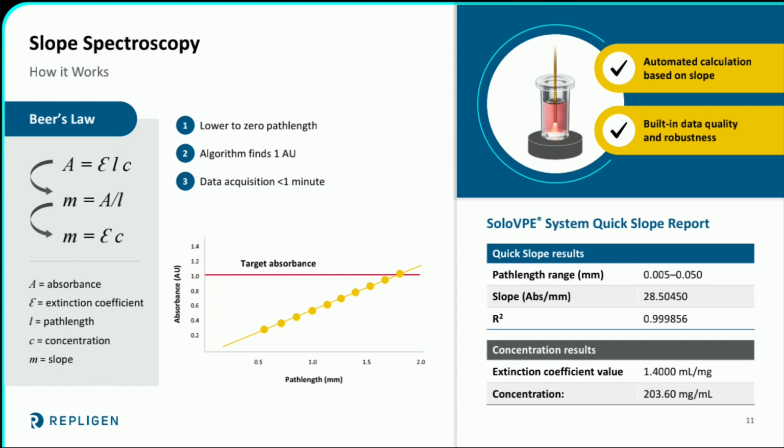You can see on the right-hand side what your quick slope report looks like. The parameters that you want to look at the most are your path length range, which the SoloVPE has 5 micron to 15 millimeter path length range, the slope, which is the slope of the line, and the R squared, which confirms the validity of the result. We want to ensure that you have at least 3 nines or higher as your R squared. And you can see for this example here, we were able to accurately measure about a 200 mg per mL